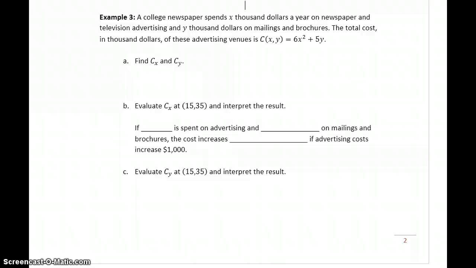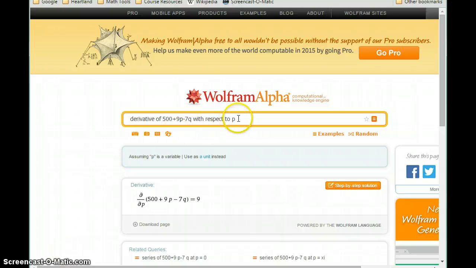In example 3, we have a college newspaper that spends X thousand dollars a year on newspaper and television advertising and Y thousand dollars on mailings and brochures. Total cost in thousands of dollars for these advertising revenues is 6x squared plus 5y. So the first thing we want to find is C sub x and C sub y. So the partial derivatives